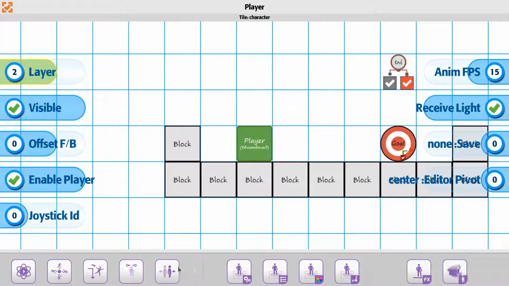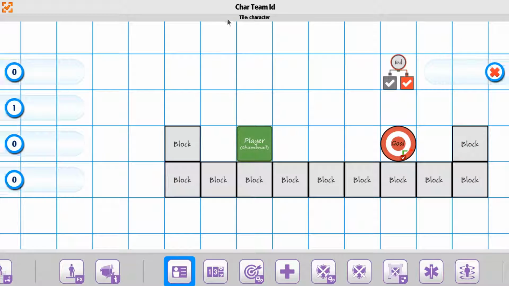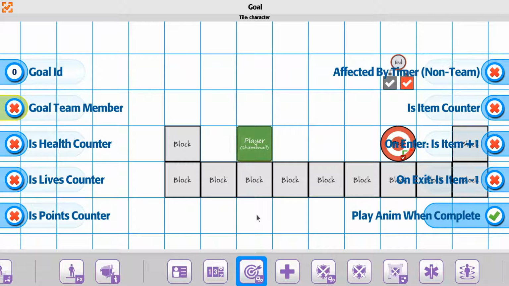we'll scroll down here. So the player is going to have a couple of things. First thing is the player is going to say, what team am I on? So team, this could be actually 0 to 50. So we could say he's on team 0, and then we'll put another player in and make him on team 1. Now there's another option next to here, which is going to be goal,